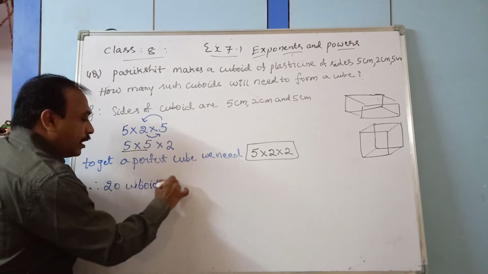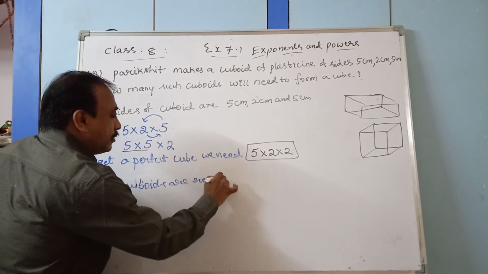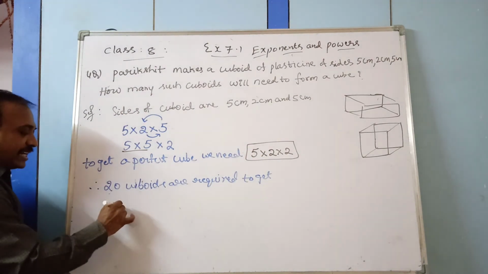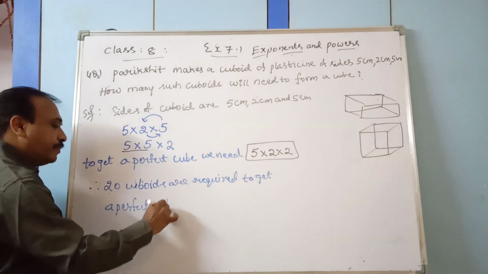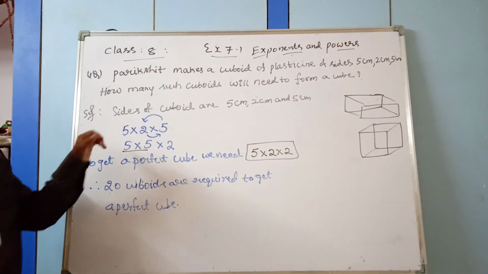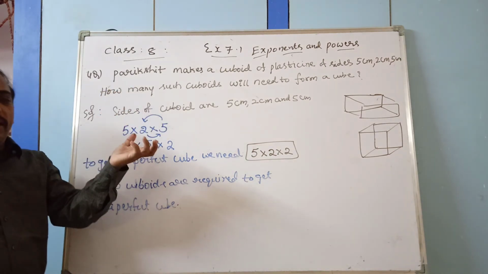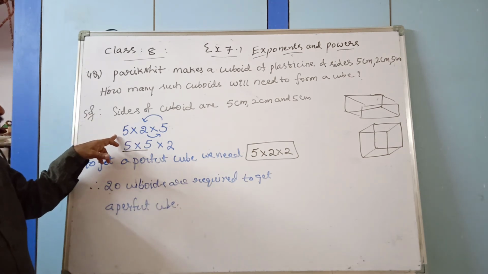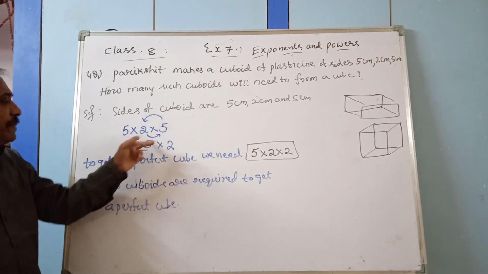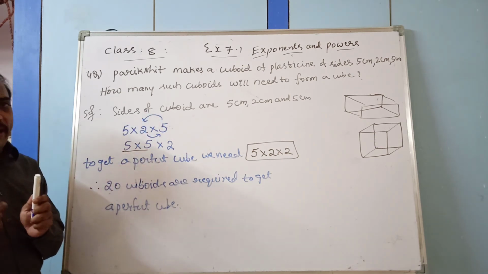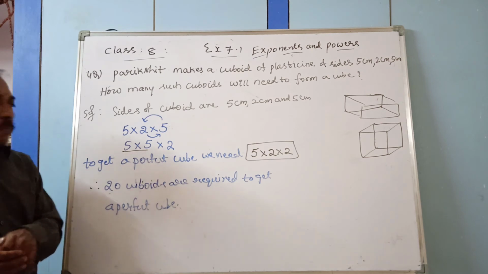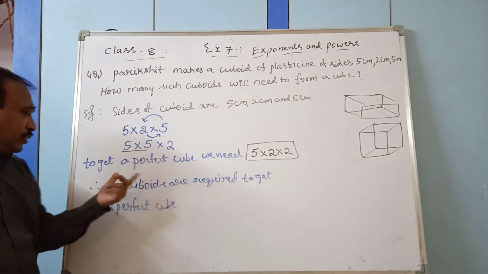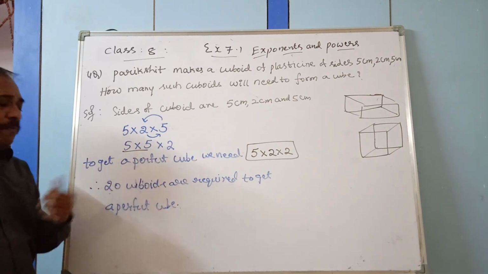are required to get a perfect cube. Do you understand why we took the product form when the volume concept is used indirectly? So here prime factorization is 5 into 2 into 5. I just replaced it with 5 into 5 so that it will be easy for you to identify how many more are required to make a triple group. So here one more 5 is required and here 2 more 2's are required. So 5 into 2 into 2, that's why 20 cuboids are required to get a perfect cube.